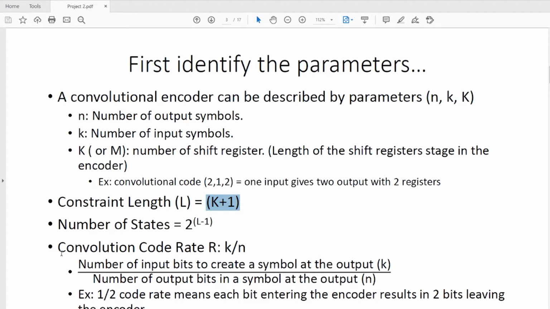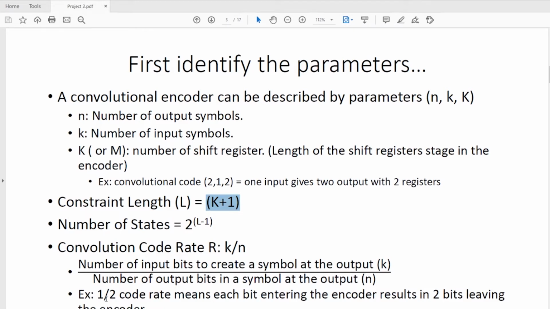And also we need to know the convolutional code rate, that represents small k divided by n, that is the number of input bits to create a symbol at output divided by the number of output bits in a symbol at the output.